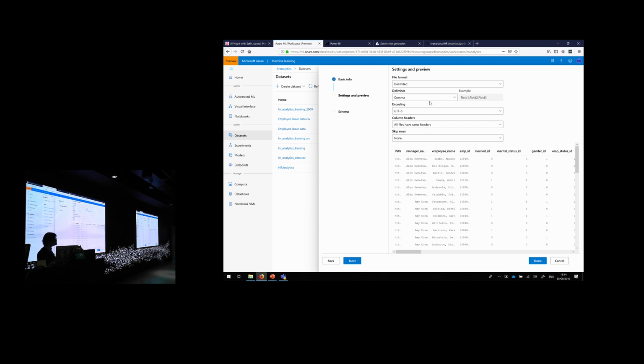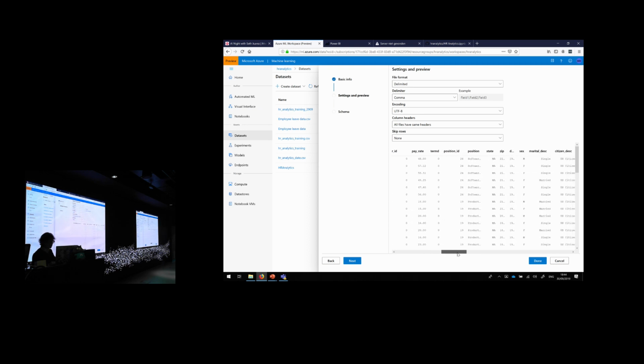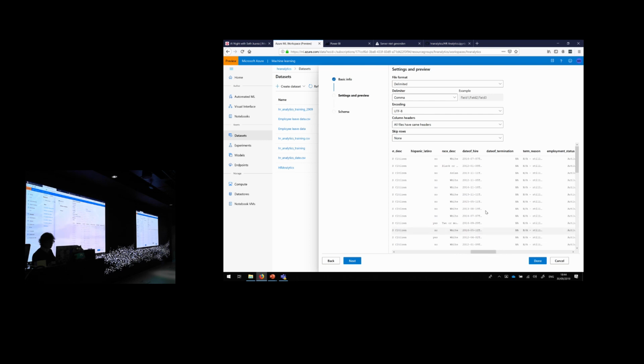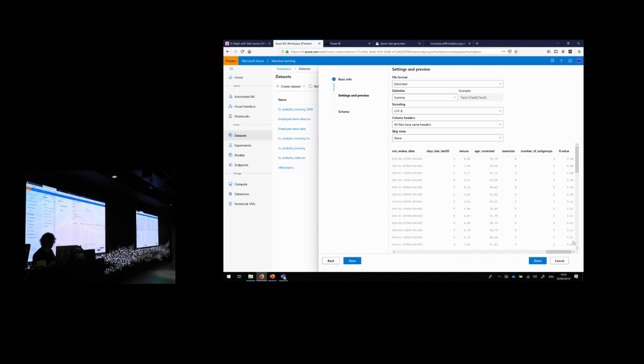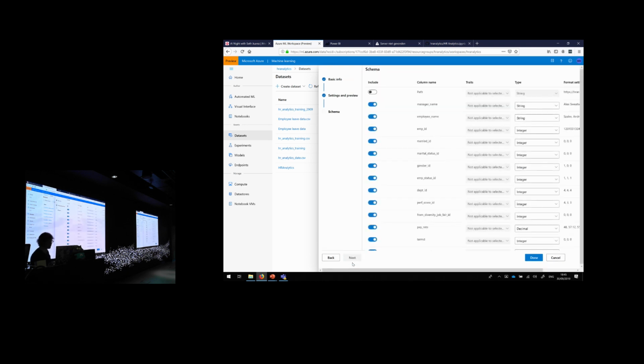I know for many Dutch people that was always a problem, because Azure required commas and Dutch people use a semicolon. Now you can change it. Well, it already recognizes that we have a header, so nothing to do there. And as you can see, it even recognizes things like dates. It's already pre-formatted. And here we see our fault line score, it's everything there. So we can go to the next step.